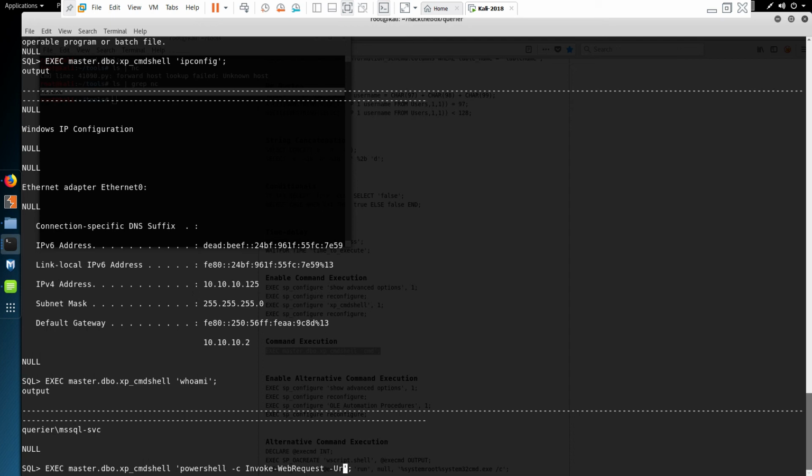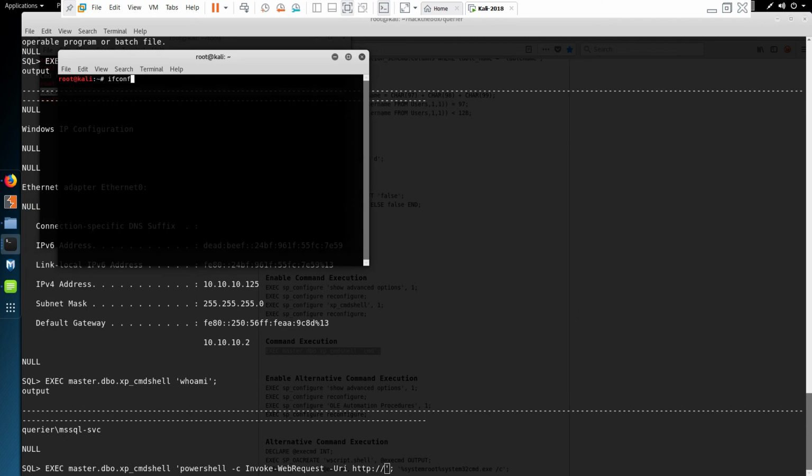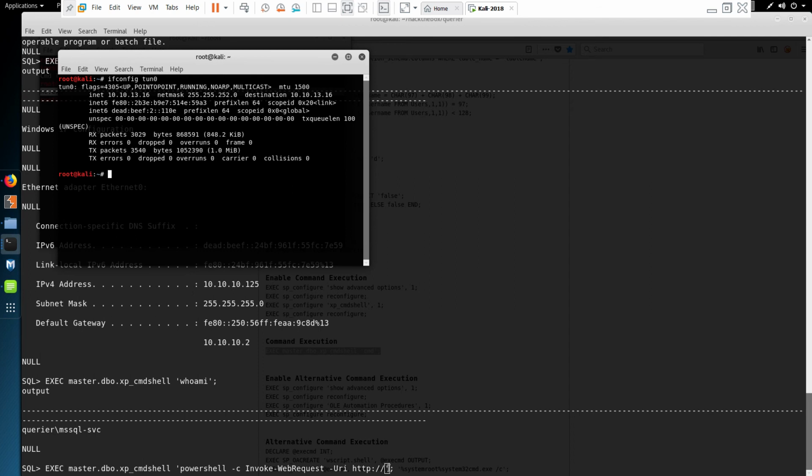If you've probably seen my Giddy video, I use this command, which 9 out of 10 times works and doesn't give you an error. Specify my IP address, ifconfig tun0, IP address,